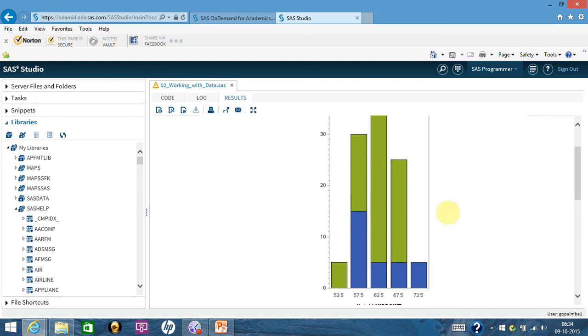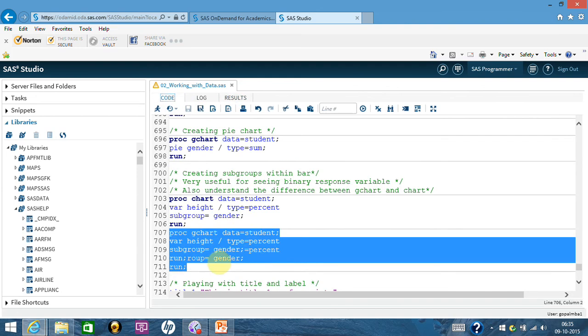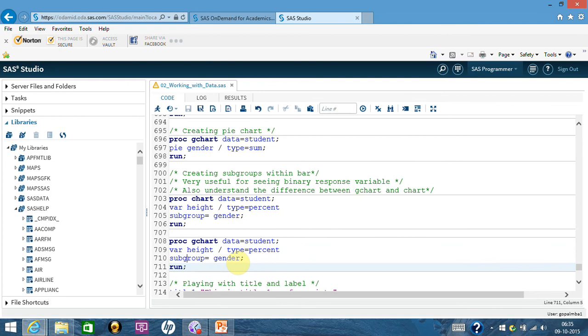If you have lot of numeric variable and you run it like this, let's say in case of logistic regression model, it can give you the histogram, and within that it can give you how many 0 and how many 1, which can be very handy because that itself is giving you where is the concentration of 1, and you can make out whether this variable probably makes a point to take it forward or not. It has a consistent trend or not. Anyway, so you are creating that subgroup. Within each bar you are creating the subgroup. Why? Because you put the command subgroup equal to gender and you got it.